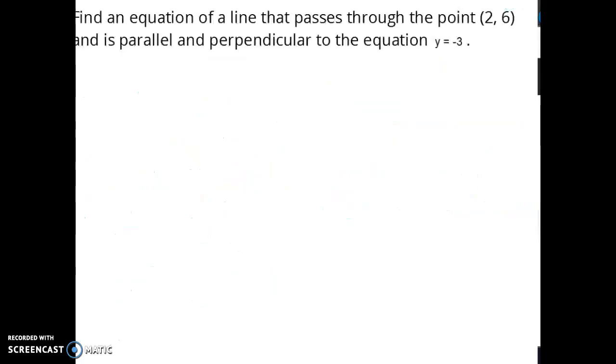Okay, for this problem that says find an equation of a line that passes through the point 2, 6 and is parallel and perpendicular to the equation y equals negative 3. So the first thing I need to do is find the slope. Now, we know that this line is going to be horizontal, and we know it's going to touch the x-axis at negative 3. But if I'm going to make something parallel and perpendicular, I still need to find the slope. In this case, mathematically, the slope would be,